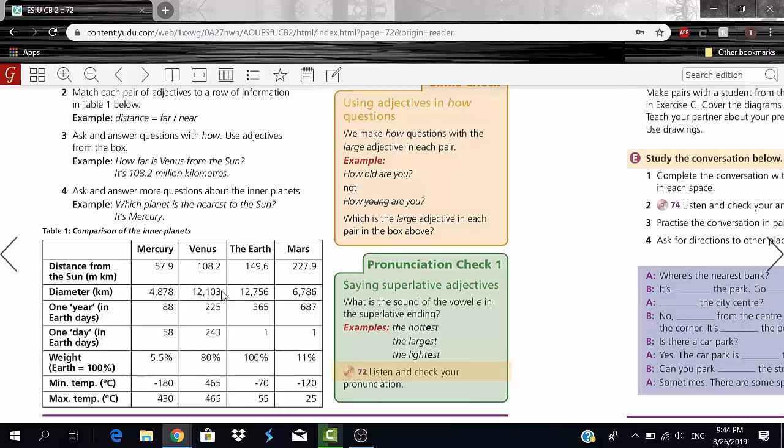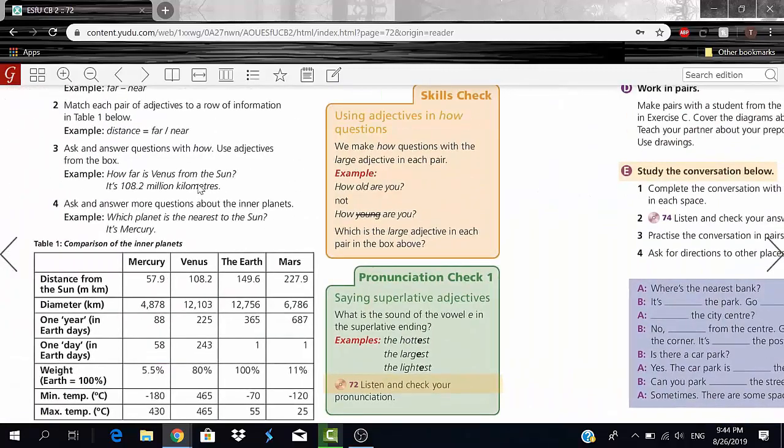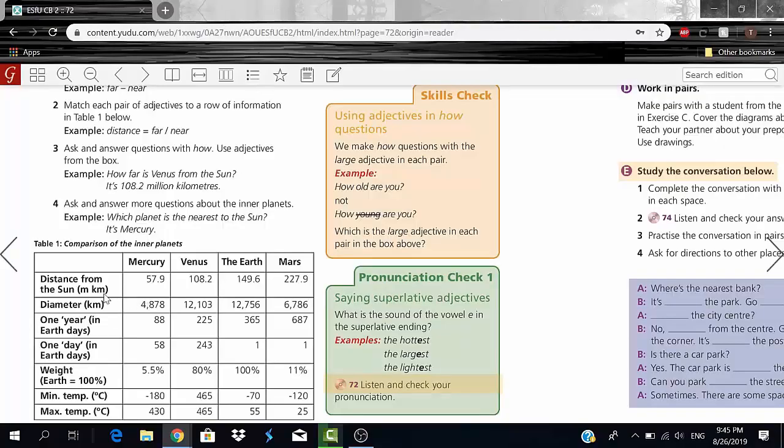And we want to try to measure the adjectives, or how we're going to use the adjectives with these words. For example, distance, diameter. So if I'm talking about the distance, you guys, what will I say? That's correct. We use far and near, okay? So I use these two adjectives, obviously opposites, when talking about distance. Now, what do I say when talking about diameter, right? I say large and small. When talking about diameter, I talk about if it's large and if it's small, okay?